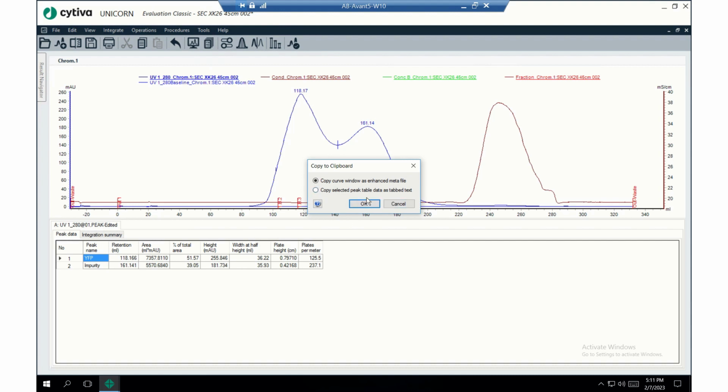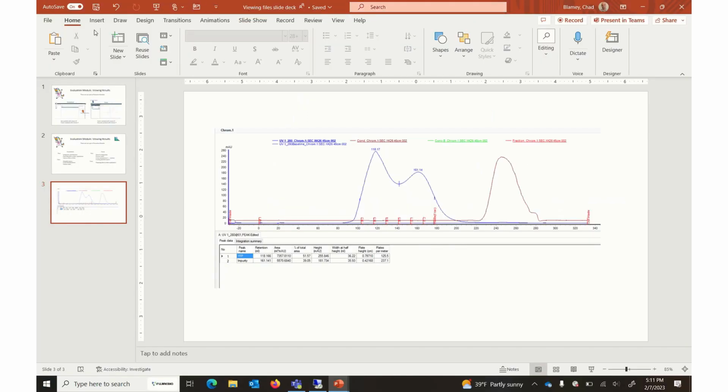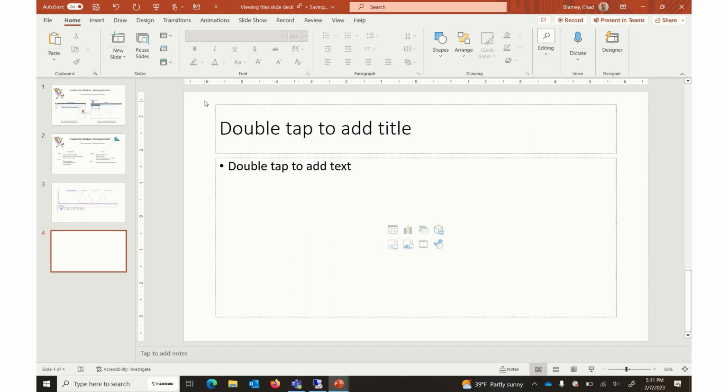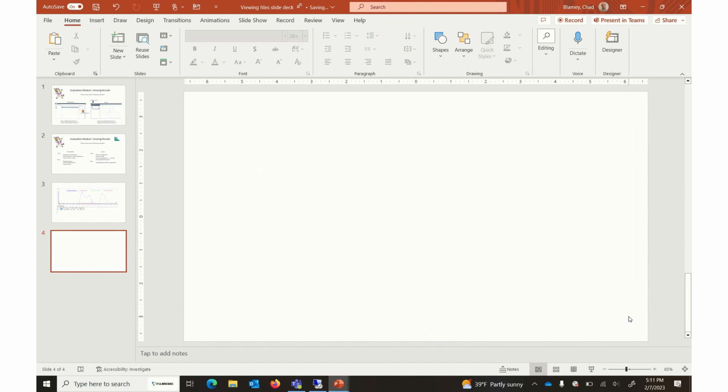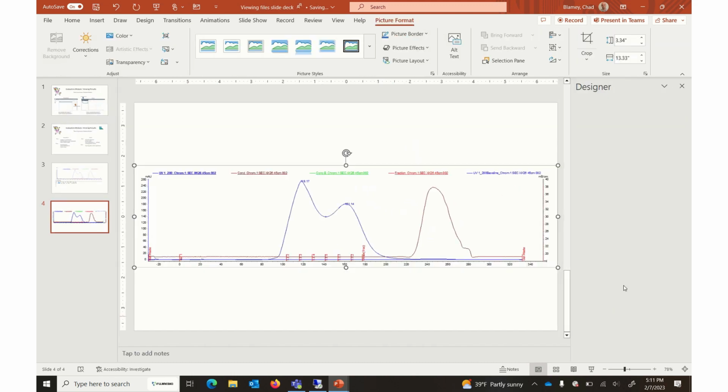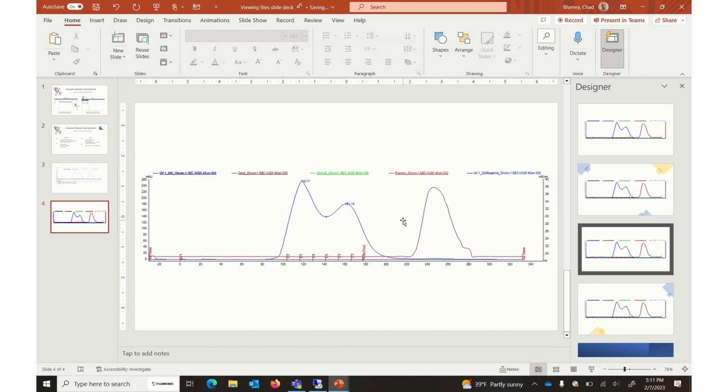And I'm not going to copy the selected peak table. You could do that too separately if you wanted to. So I'm just going to leave this selected here, hit OK. All right, go back to PowerPoint. We'll make a new slide. Just get rid of this for clarity. All right, Control V. There we go. All right, I think this looks better. Of course,